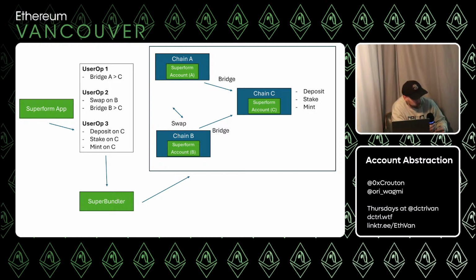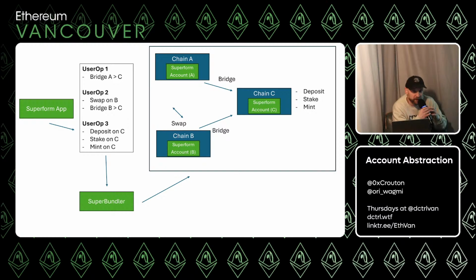I get what you're saying, the user's intent is done with one signature, and then there are sequential transactions that do the rest of the stuff, but how does the system deal with transactions reverting? Let's say I successfully bridge, but once I get to chain C, there's a deposit cap on the protocol I want to deposit into, and there's maybe some simulation involved. Yeah, even if you simulated it, because it's asynchronous, something could happen, but that's also baked in.